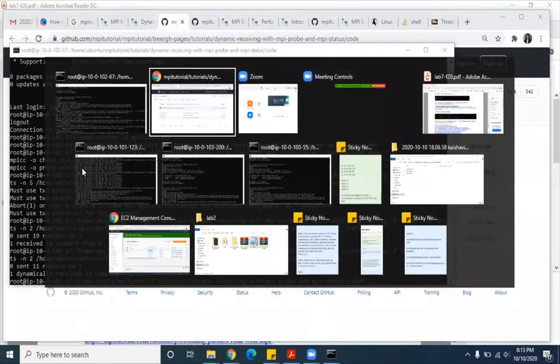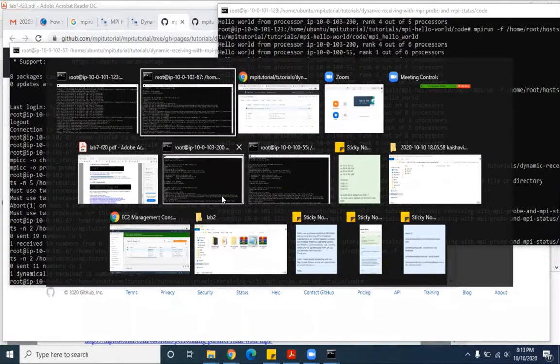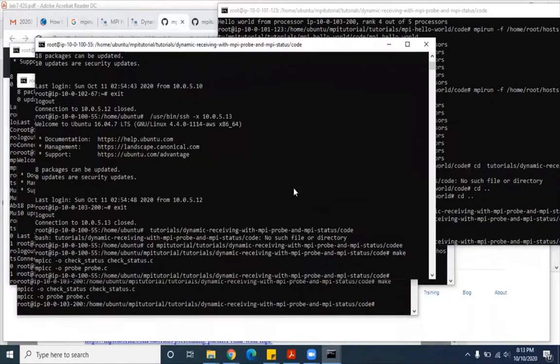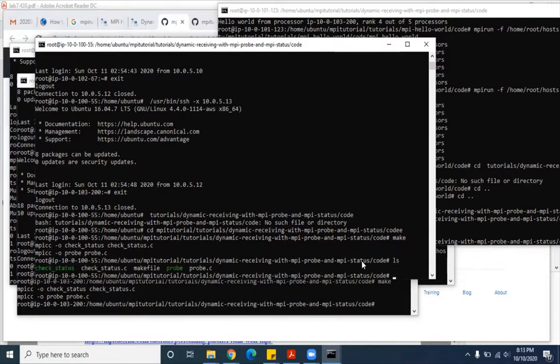First we will need the binary executable file of this code on each of the processors, each of the virtual machines. I already have the executables, which we can see, check status and probe. We'll execute this code using